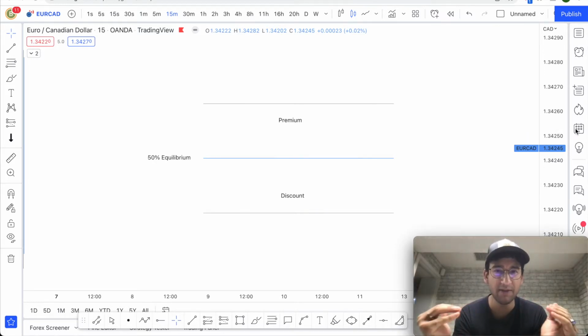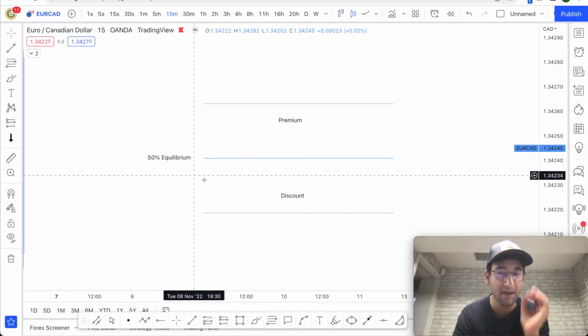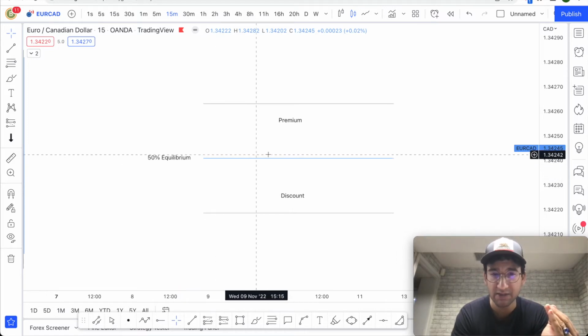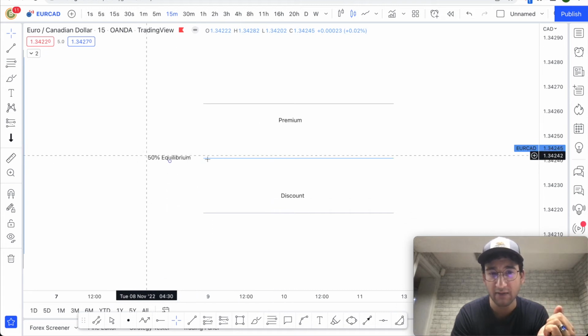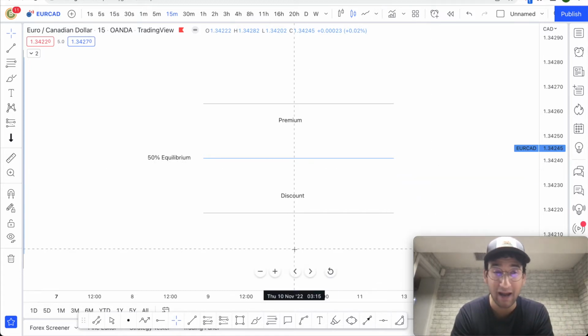All right, so there's another element that I want to add to the premium and discount zones. If you look over here to the left, this is what's called the 50% equilibrium. Now you might be asking, what is the 50% equilibrium? Well, it essentially is the 50% between the discount and the premium zones. And the reason the 50% equilibrium is so important is because a lot of traders, 99 probably percent of the traders,